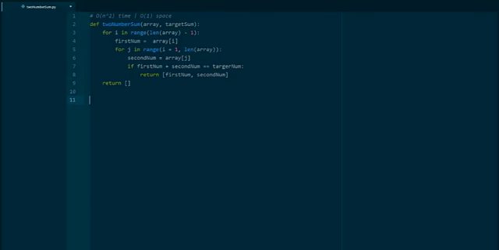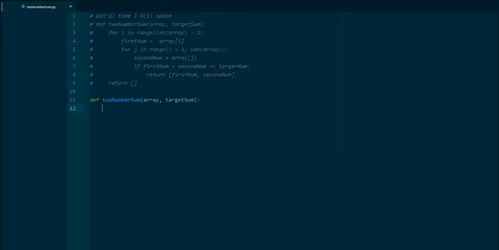All right, now the way that we really covered in the conceptual overview, which uses the hash table, this is going to be a bit different. So 2-number sum, array, target sum has the same 2 parameters. Let's comment this first one out. So this one, we're going to start by initializing our hash table. We're going to use just a dictionary here in Python or a JavaScript object. And we're just going to call it nums, short for numbers. And then we're going to start iterating through our array. So we're going to say for num in array,